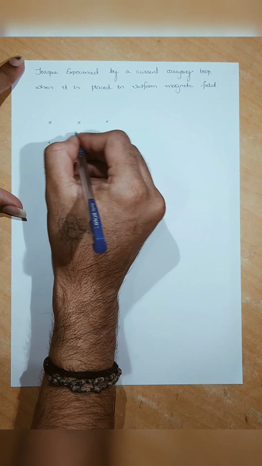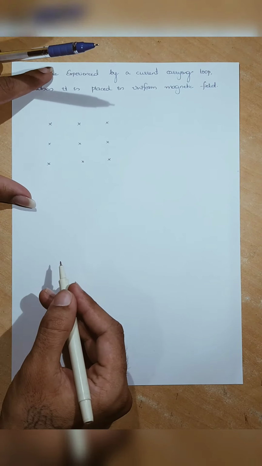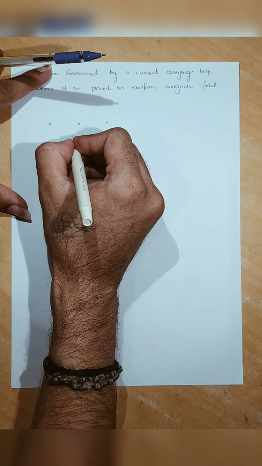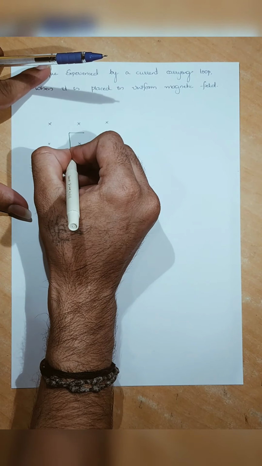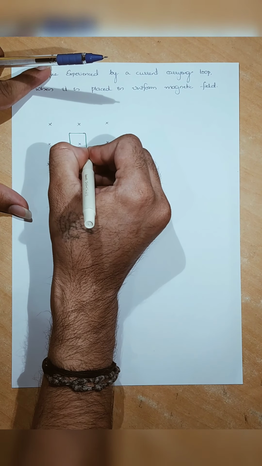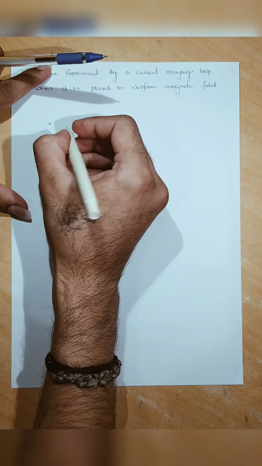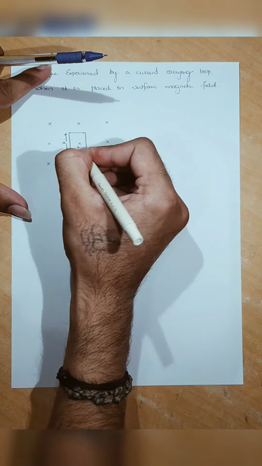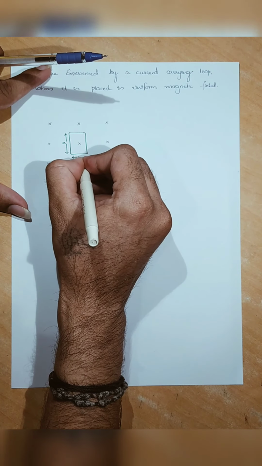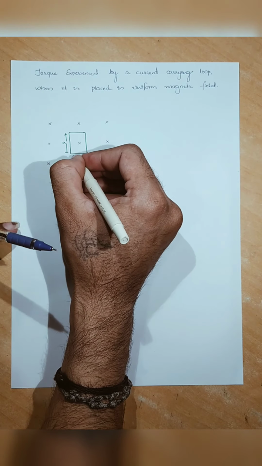Here I am going to consider a rectangular coil. Clear? A rectangular coil of height A and width as B. Okay, this has width B. This is height A. This is a rectangular coil like this. Okay, this complete part is A. Okay, and this complete part is B. Okay, height as A, this one width as B.